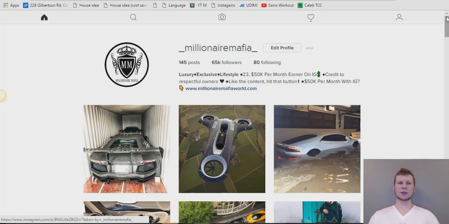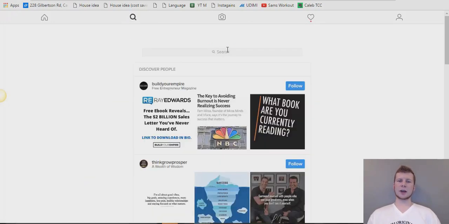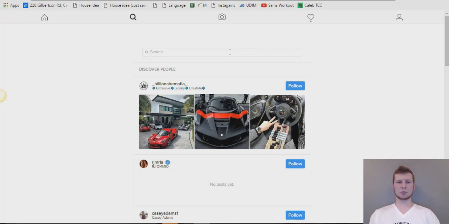Now, I've talked a lot about the Explore page. I'm going to talk about one other feature. See this little magnifying glass here? In the feed on your app and on the desktop, it allows you to search. It allows you to search by hashtag, by location, by usernames. And if I type in hashtag millionaire, for example,